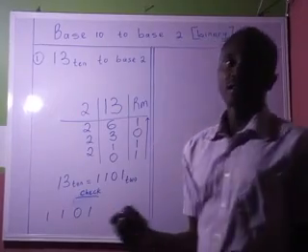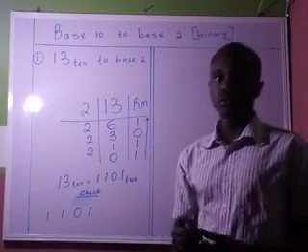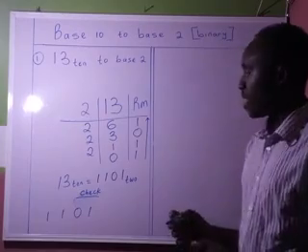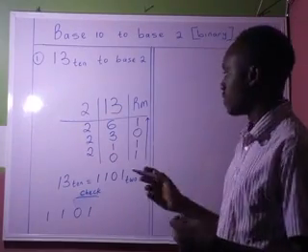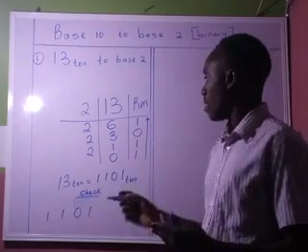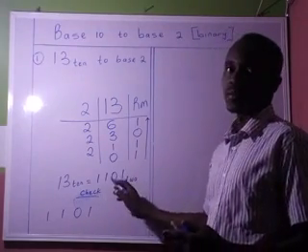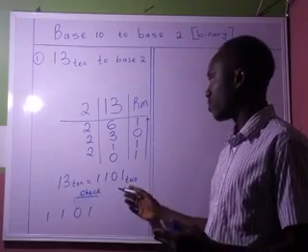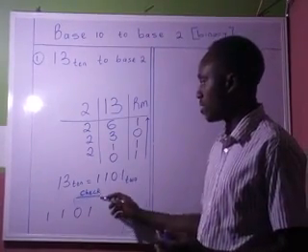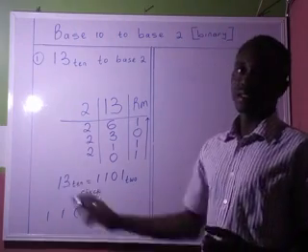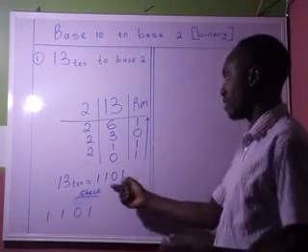You can always cross-check your answers to be sure you have the correct answer. Like we learned in our last video about converting from base 2 to base 10. My answer is already in base 2. So I'm going to use the very fast method to convert it back to base 10. By so doing, if I get my answer as 13, then I'm sure the answer I derive here is what